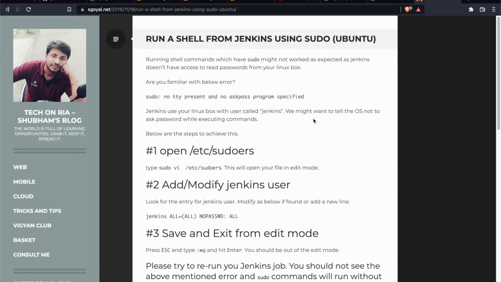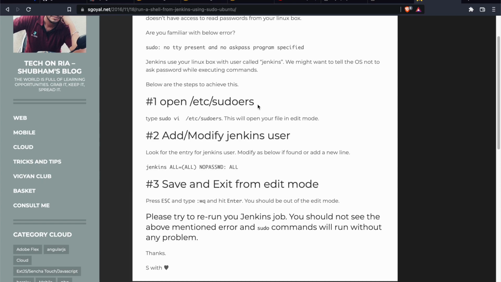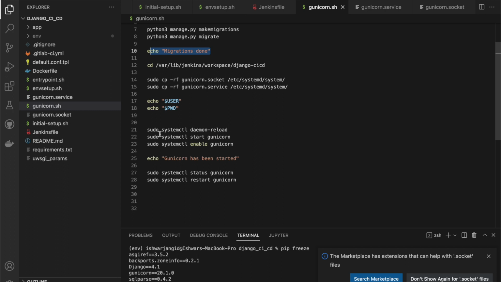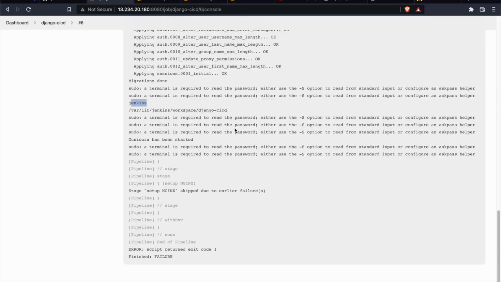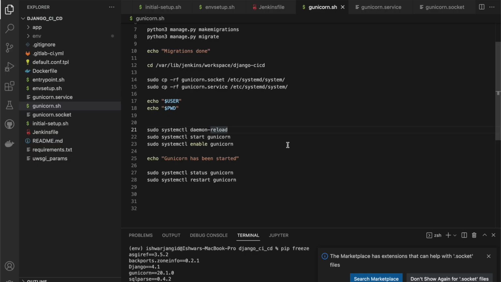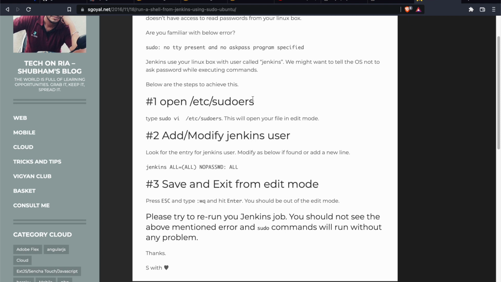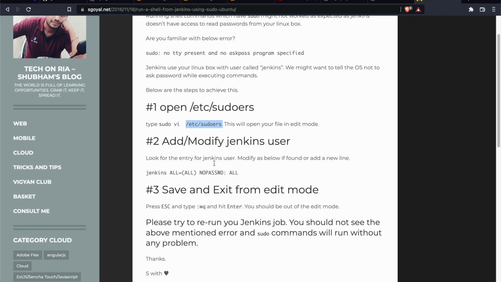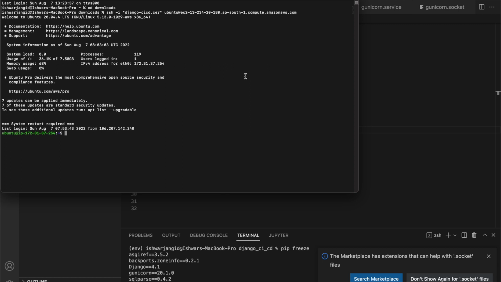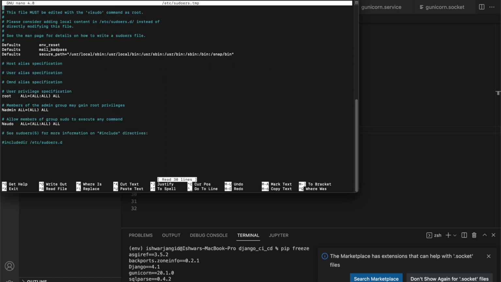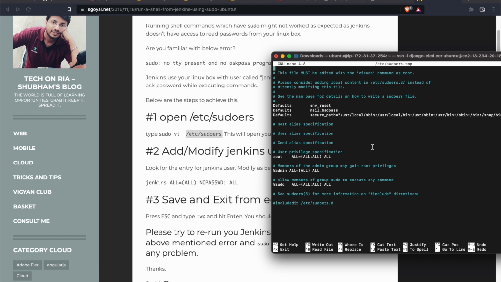Okay, so what is happening right now is our user is Jenkins, and because we don't have the sudo privilege for our Jenkins user, we have to give the password, but we are not providing the password. So that's why it was not able to run any of these things. We have to head over to this etc sudoers file. Here we'll do sudo visudo, and in this, if you make any error, it will not be saved. Because our user's name is Jenkins, just type Jenkins